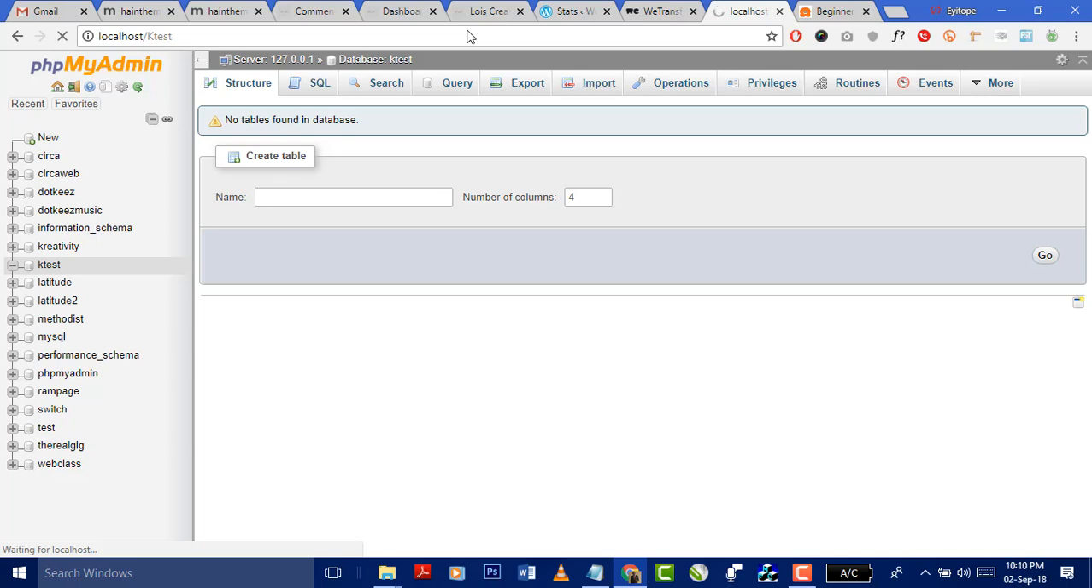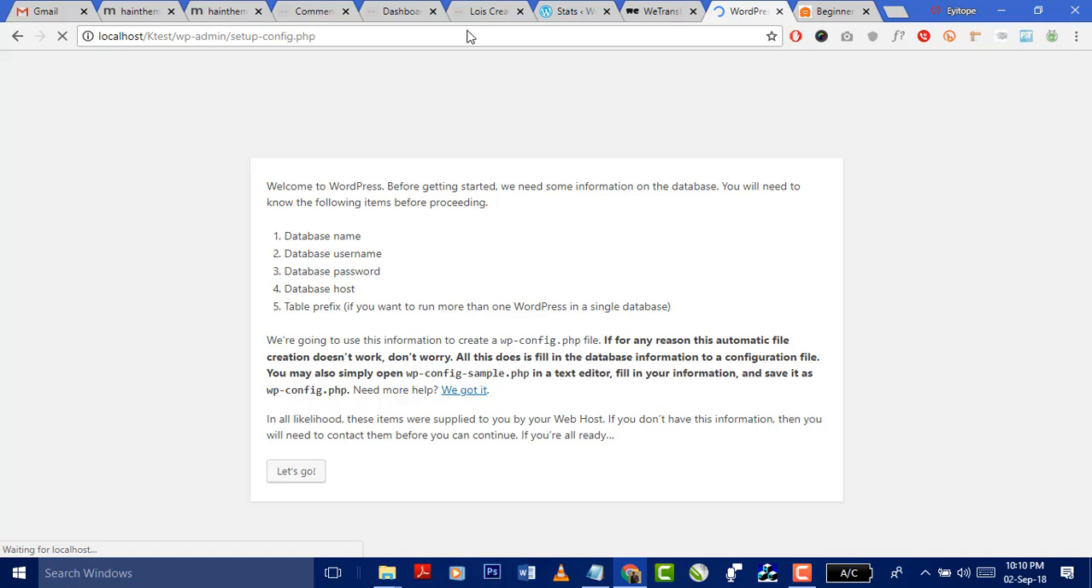Welcome to WordPress. Before getting started, we need more information on the database. We need to know the following items before beginning. Database name. What's our database name? It's ktest, small k-test. Okay. Database username. Now,